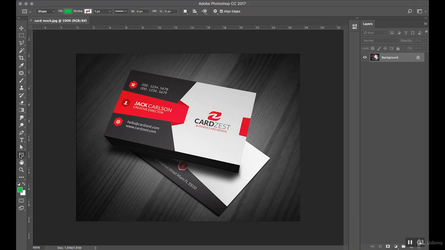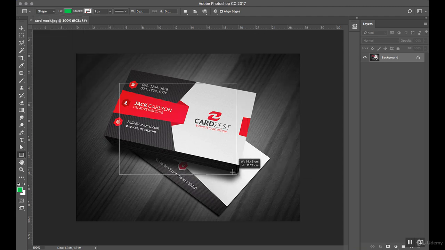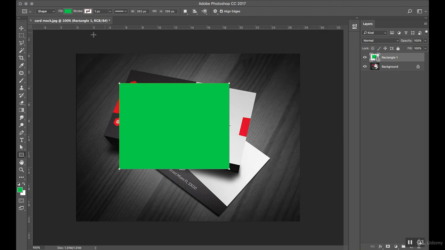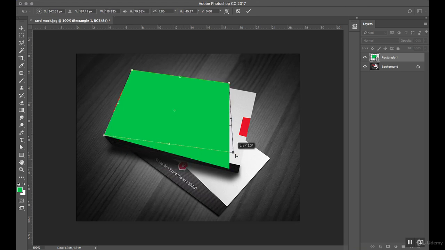So let us create a rectangle first, and we have to draw the first main part here. So I will select the rectangle. I will fill its color with whatever color you want. Let us go for green. Okay. So I will draw a rectangle here. Now what you have to do is go to the select tool and press Ctrl T or Command T. Now just press and hold the command button and drag its corner to the corner of the card like this one, and drag here, and just drag this one over here,